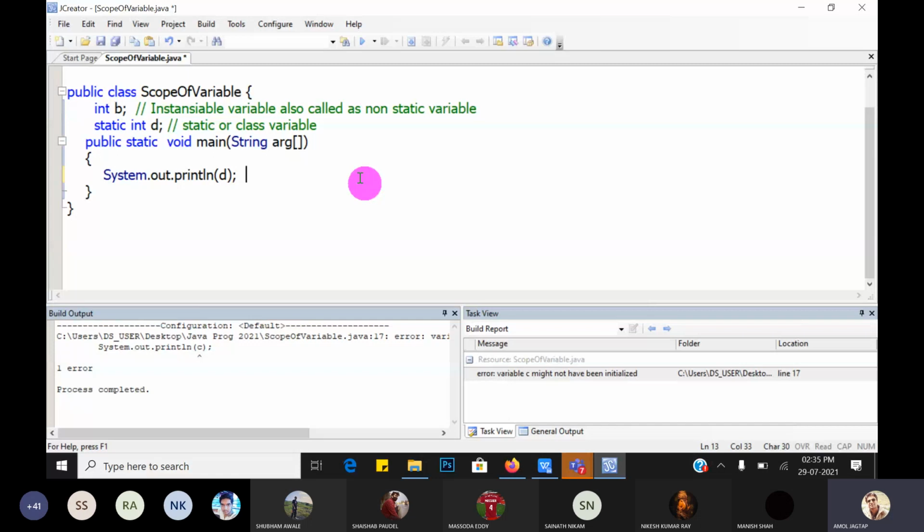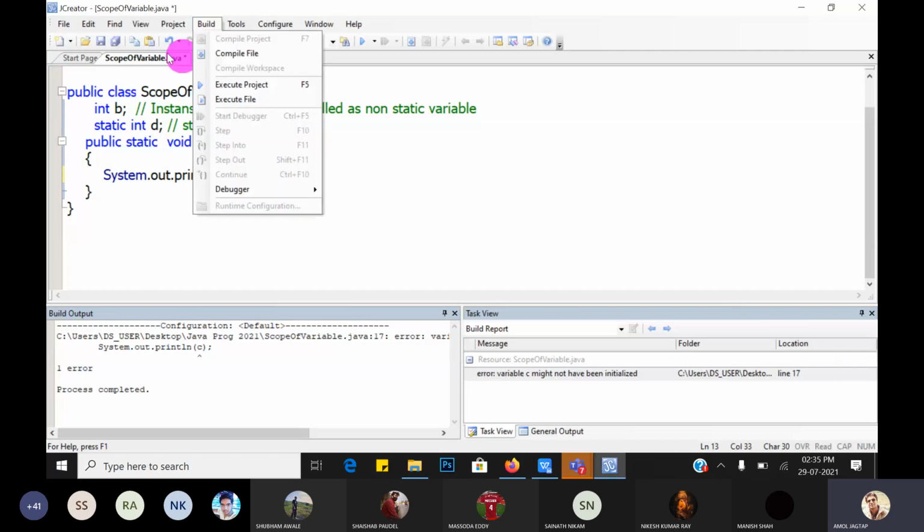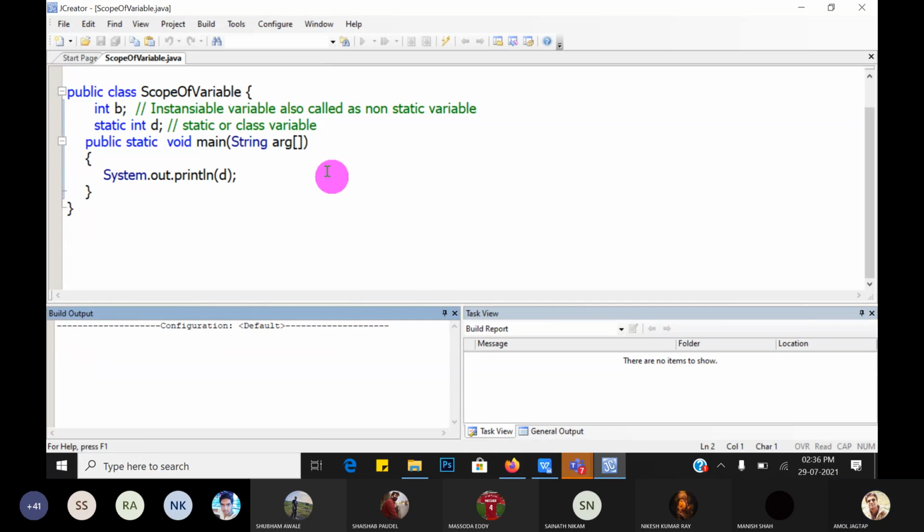Now, in any language, what is the main thing? What is the grammar of that language? You must be very familiar with the grammar of the language, then you can predict the output of any program. So let's check first: save the changes, compile it. After compilation, there is no compilation error. But if it is b, guys, understood?